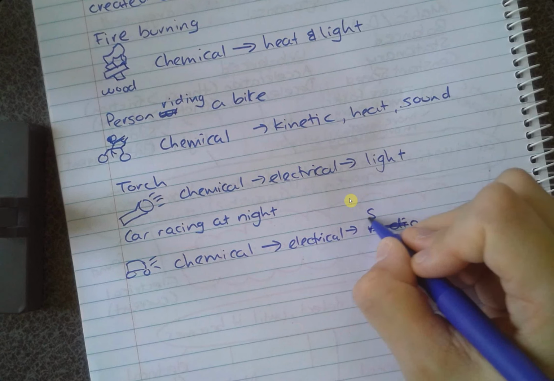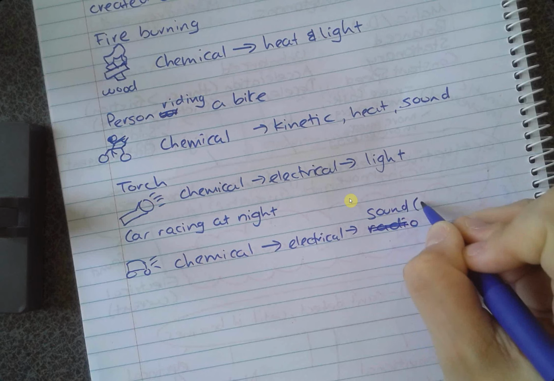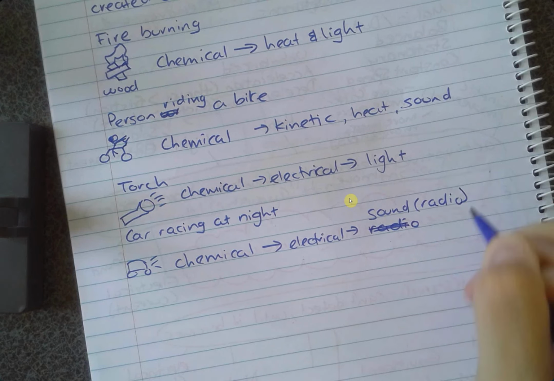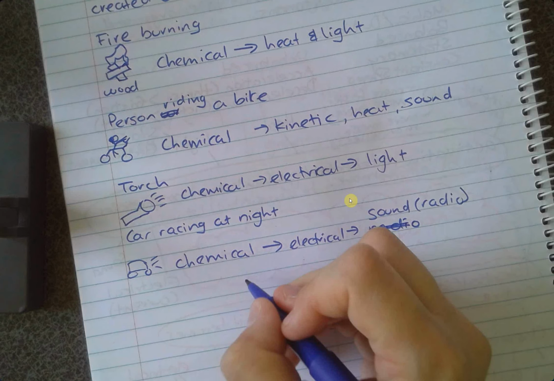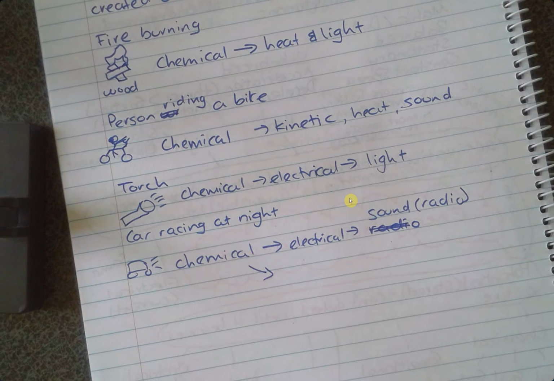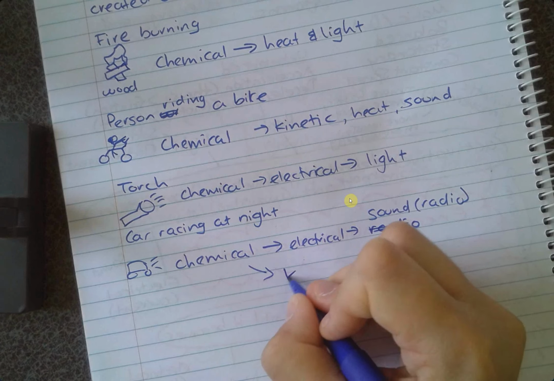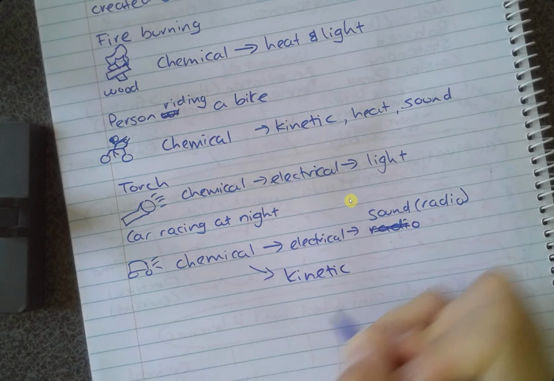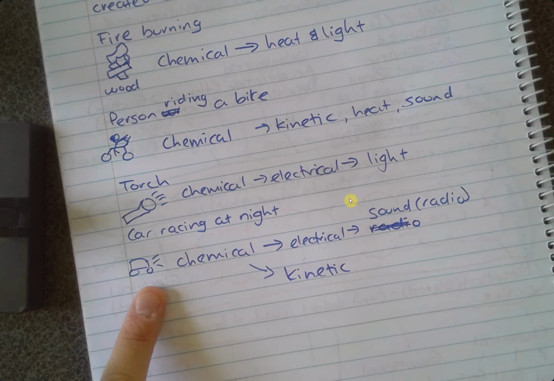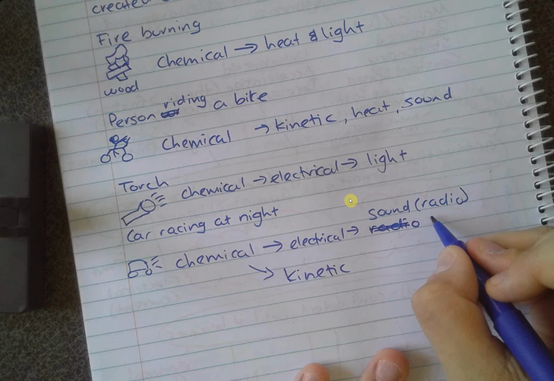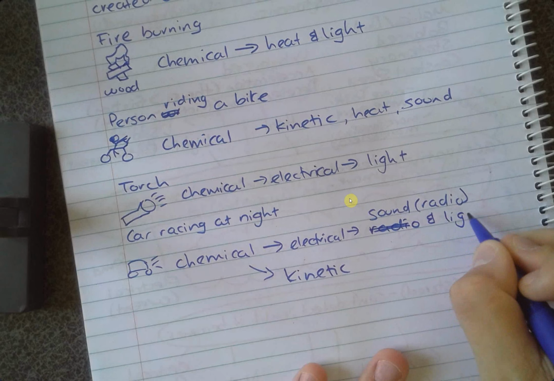What if we use the manual on this? If we're doing a manual car and we have a transmission, we have that chemical energy, we have a small burn and combustion, and then what's going to happen to the car? It's starting to move, isn't it? So move is what? Kinetic. What else do we use the electronics in the car for? If I'm driving at night, what do I need to have? Light. So sound and light is what that energy is being changed to.